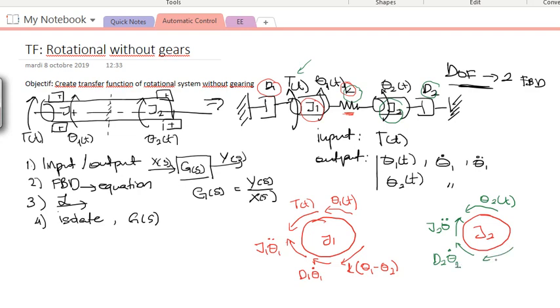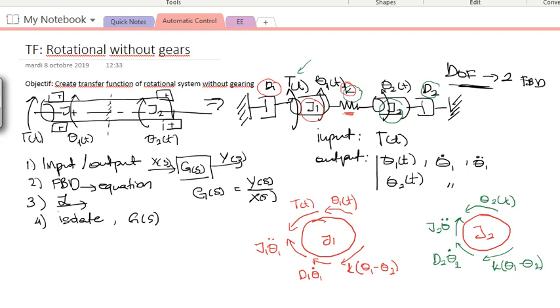And then finally, you have the force of the spring, K. The spring also creates force from displacements, as we've seen before in FBD1. It creates force from theta 2 and theta 1 as well, so it's K multiplied by theta 1 minus theta 2. So there are 4 forces on FBD J2 and 5 forces on FBD J1.